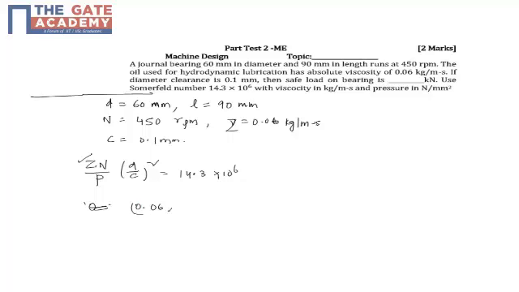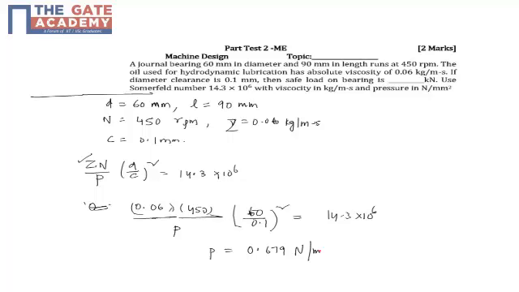Viscosity is 0.06, speed is the given 450 rpm, and pressure is what we need to find out because it is not given, in Newton per mm square. Diameter is 60 and diametral clearance is 0.1. This whole expression has to equal 14.3, because we are using the Sommerfeld number as the design parameter. P is the only unknown variable, and from this you get 0.679